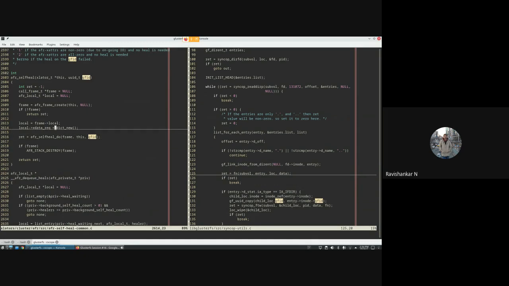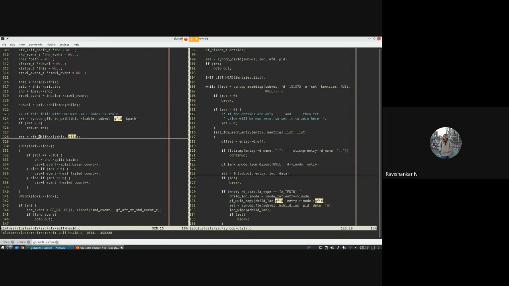Ultimately, the thing to remember is that AFR self heal is the entry point for healing a given GFID. It will be called from various places, from client side heal, full self heal, or index heal, etc. But this talk is only concerned about reaching this point, not expanding this function as such.